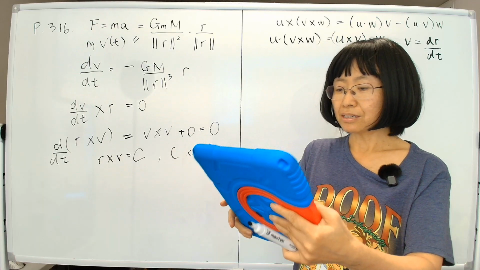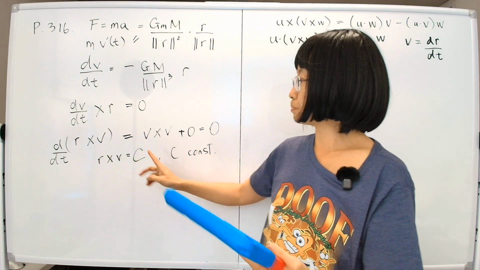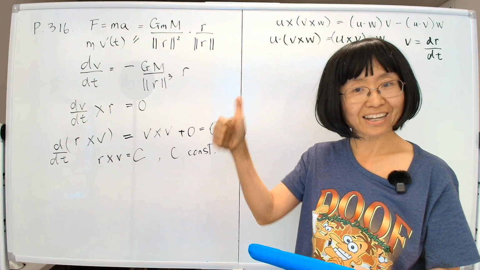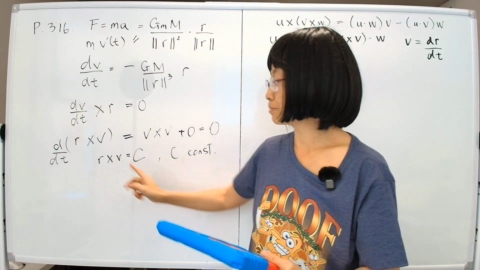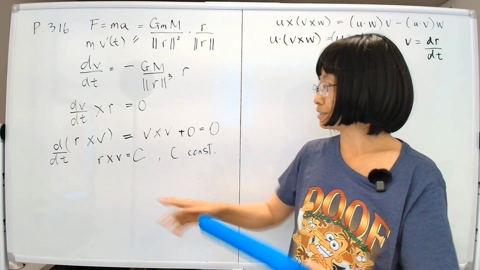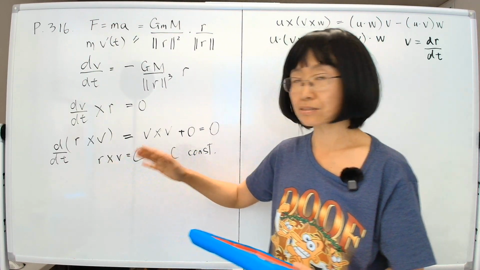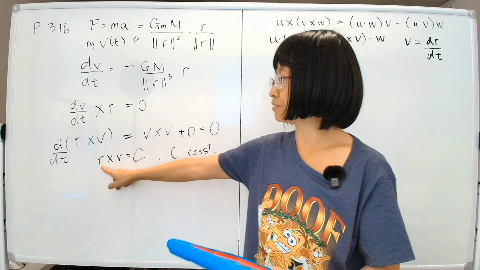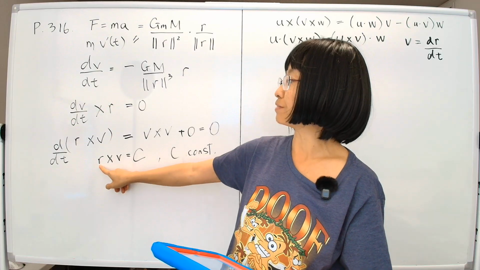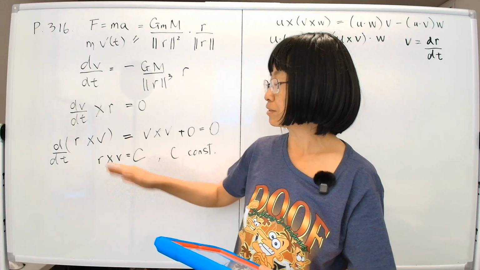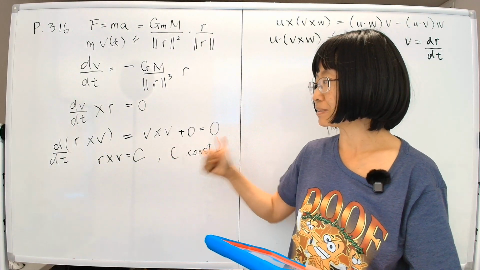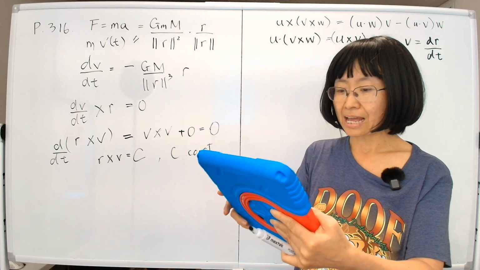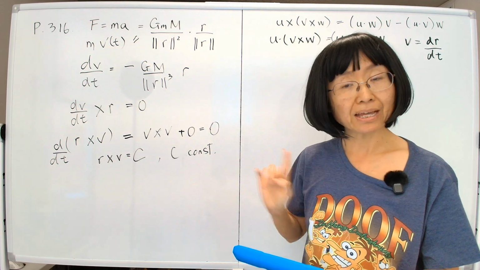Now, also, since r and v are both perpendicular to c, because c is a third vector from a cross product, and c being constant means r cross v is always perpendicular to a constant. And that is true no matter how the value of t changes, because r is a vector function of t, and so is v. But no matter how t changes, it's always perpendicular to this constant. Both of them are perpendicular to this constant, and that proves that they lie in a plane